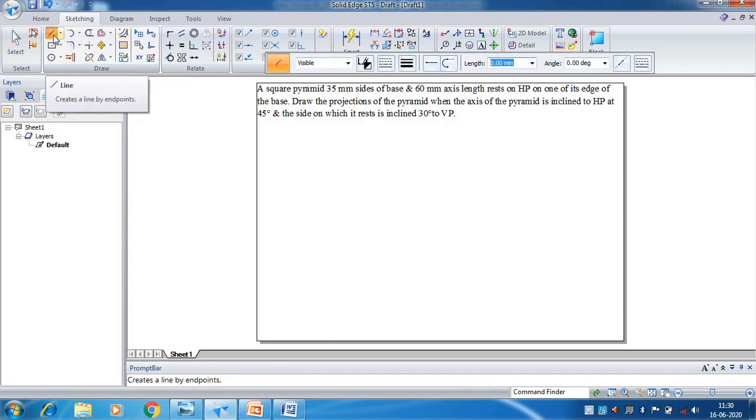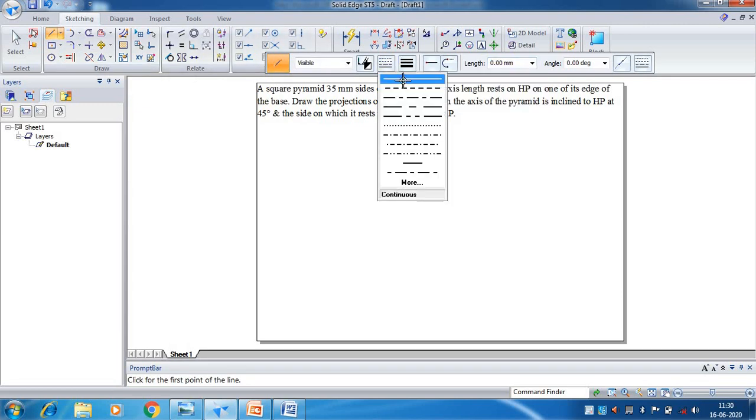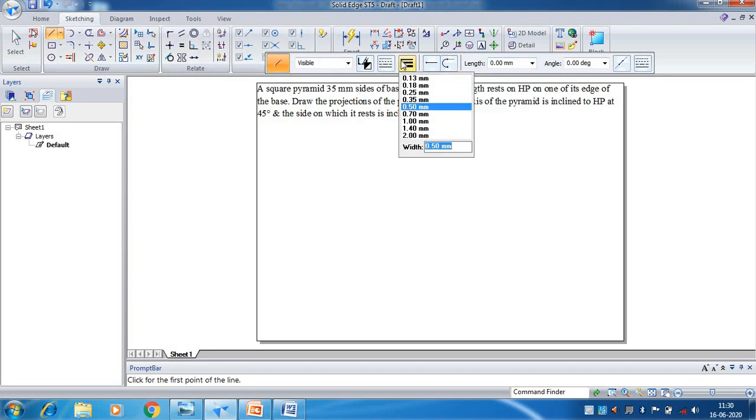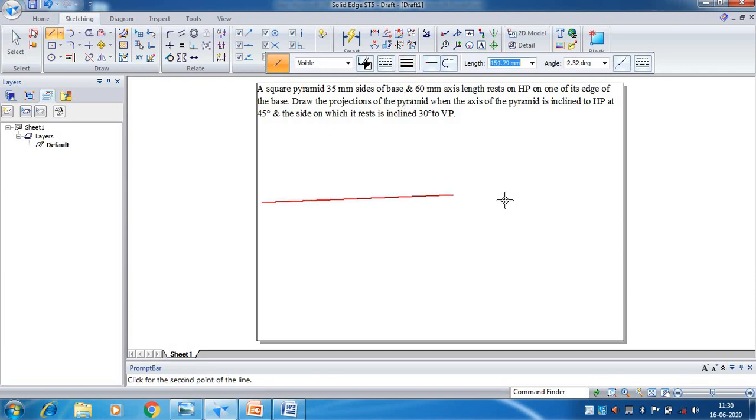As I used to tell you, whenever you are going to select the line command, you have to check the line type should be continuous and the line thickness. So the XY line thickness should be 0.15 mm. After entering that value from your keyboard, press enter. So first draw an XY line. While drawing this line, you need to look for the horizontal symbol. To come out of that command, right click.